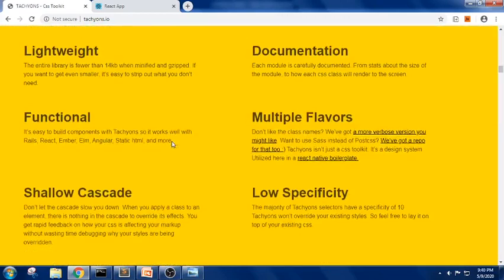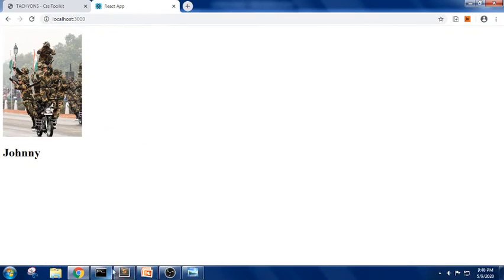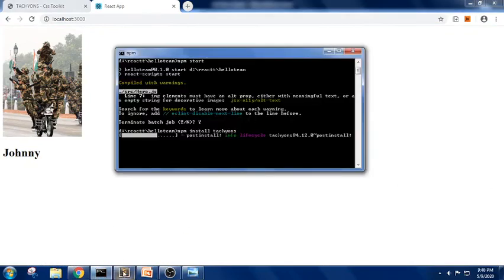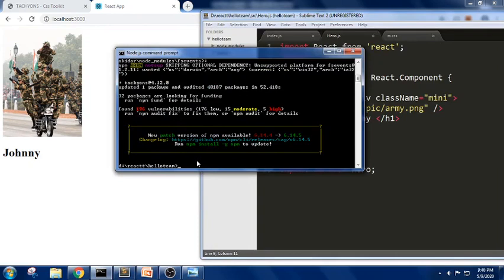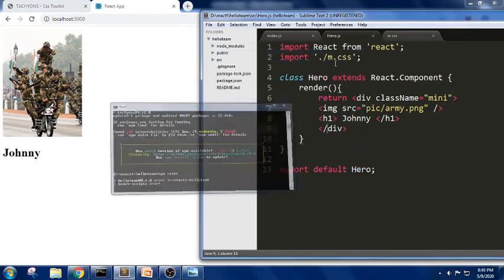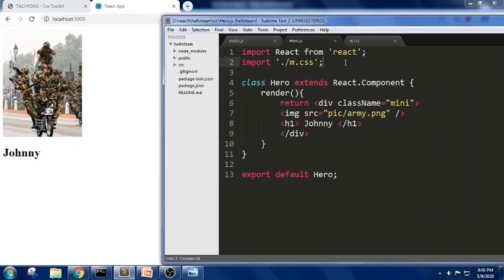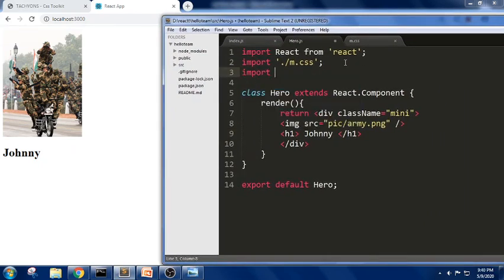So this is how we can refer to this documentation, and we can go through the list of class names. So let me open this. It is almost done. Yes, it is done. Now let me write npm start. For this I'm trying to use class names, but in order to use them, again we need to import it. So I'm trying to write import tachyons. Yes, done. So for this I'm trying to write some property like ma6,